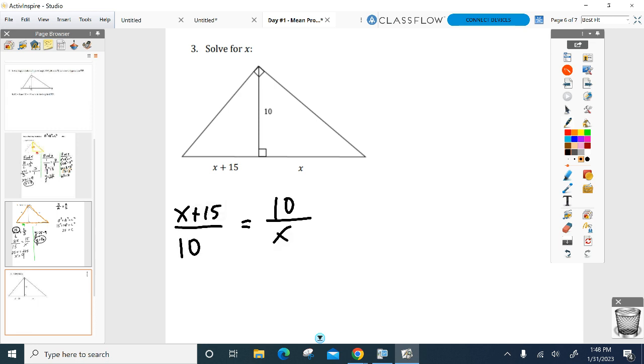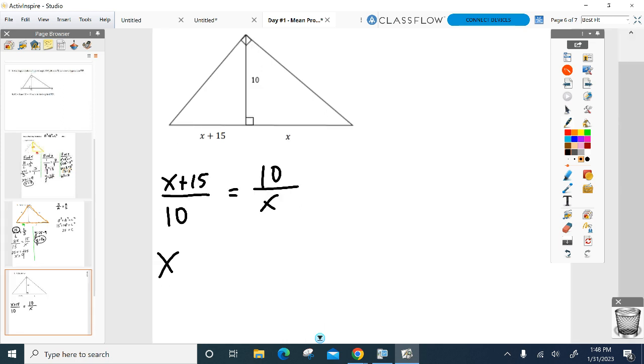There you go. It's not the setup, it's the solving that's going to get you here. All right, the setup's fine. SAS, boom, boom, boom, boom. Now it's the solving. So I get x squared, good there, plus 15x. And on the other side,